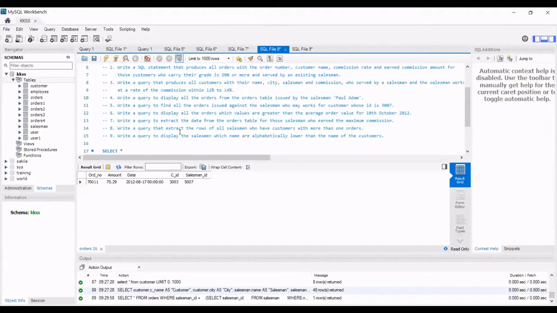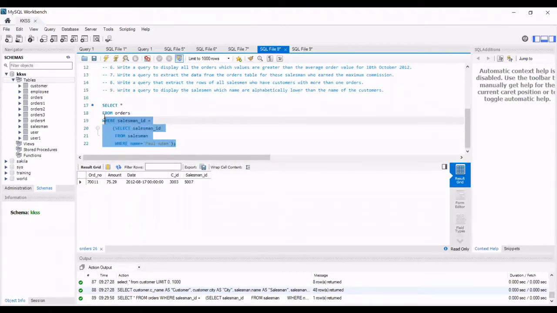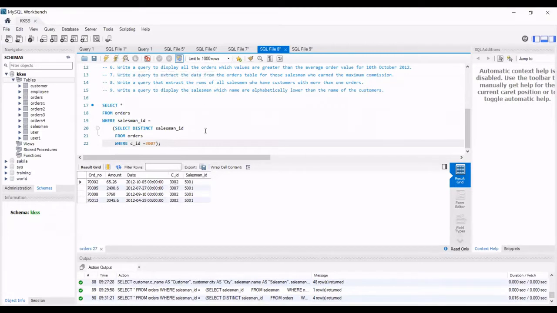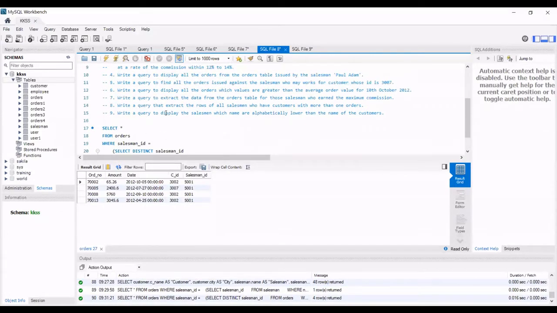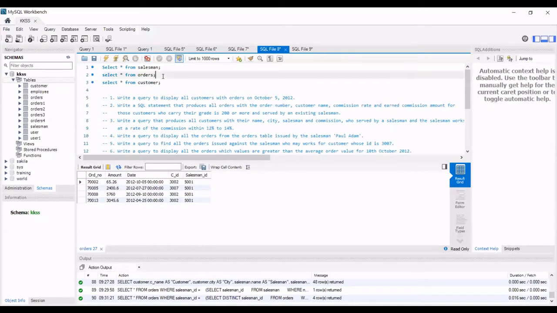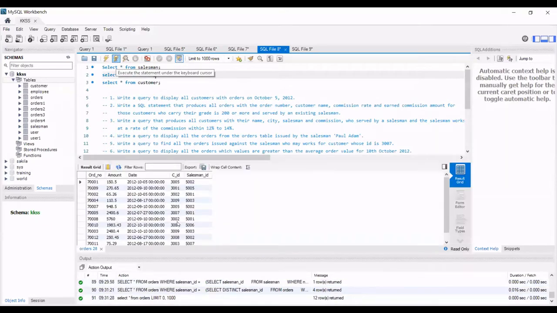So this subquery is on one table itself. We are using the order table in two different ways. First we get the distinct salesman ID for customer 3007, and then use those IDs to populate our result. So here it is. We can verify it with the order table.